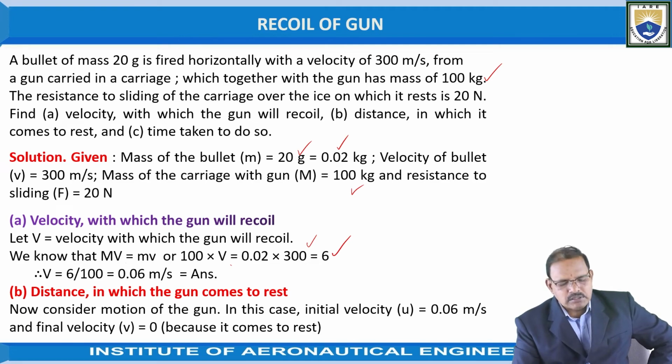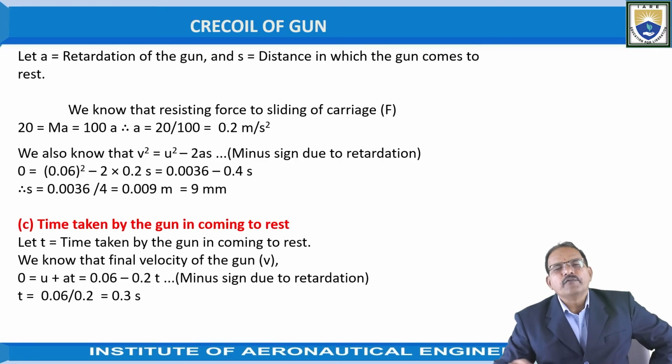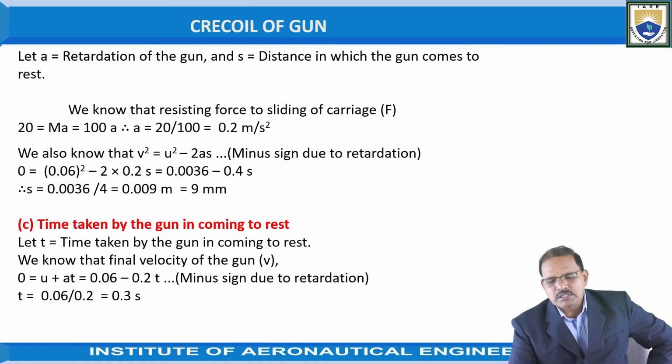The distance in which the gun comes to rest. Since the initial velocity of the gun is 0.06, we have to take it. But after traveling back a certain distance, it comes to rest. Hence, the final velocity of the gun becomes 0, since it is coming to rest. If A represents the retardation of the gun and S is equal to the distance moved by the gun before coming to rest,